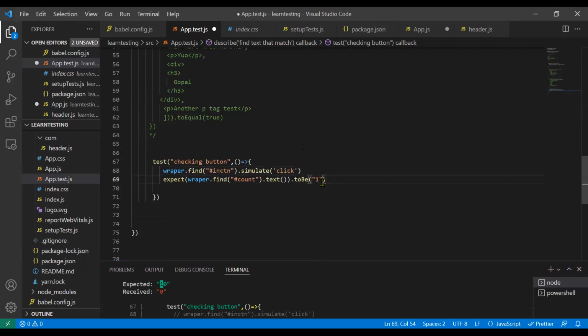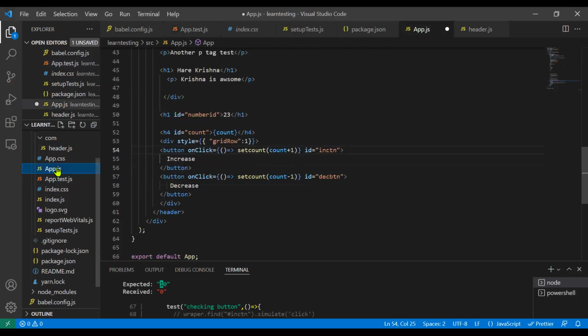So this is the simulation part: on the first click it receives 1, so it's very fast. And if we increase it here to 10, then